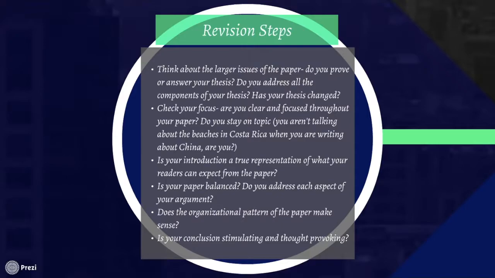Is my thesis clear? And then in the essay, do I address all the components of my thesis? If I'm identifying 3 different elements of my topic that I'm trying to convince you about, do I cover all three in my essay? And then as I read through the essay, is my thesis proven? Has it changed with the use of my evidence? And do I reach a different conclusion by the end of the essay? And if that's the case, I need to go back to my introduction and change the thesis so that it identifies what I have been writing about.